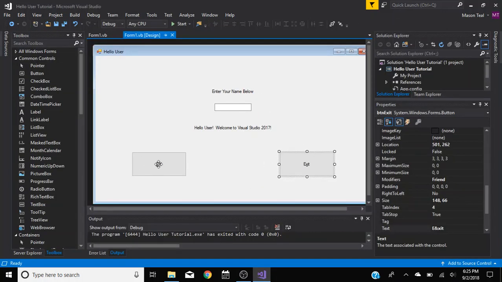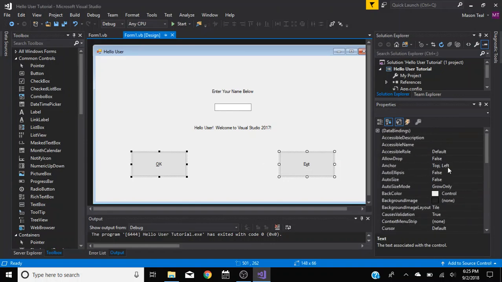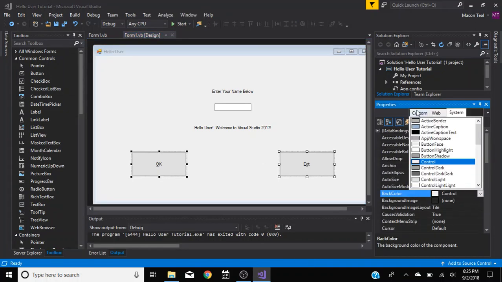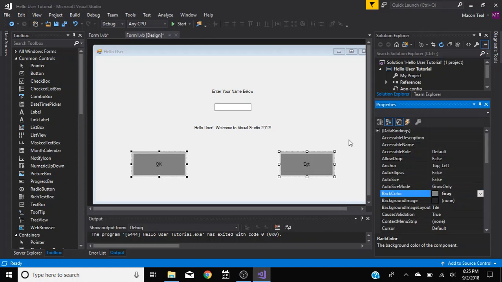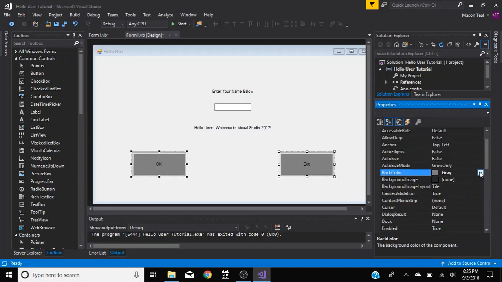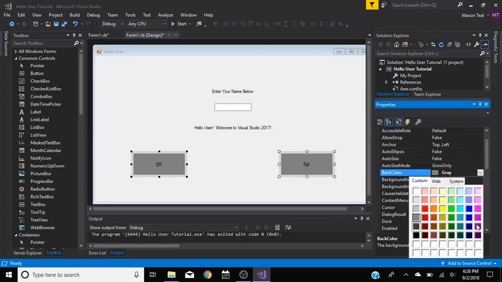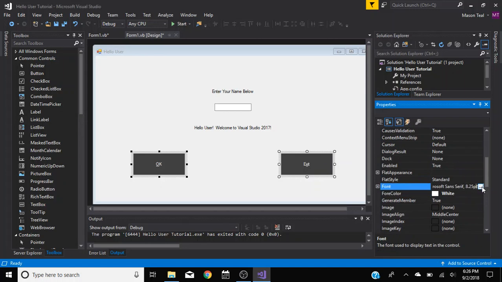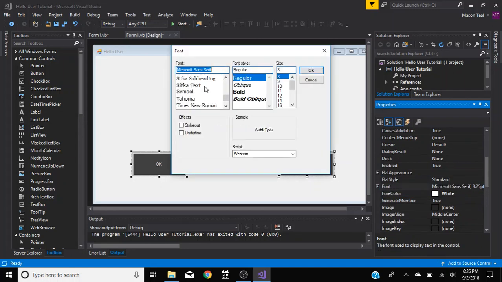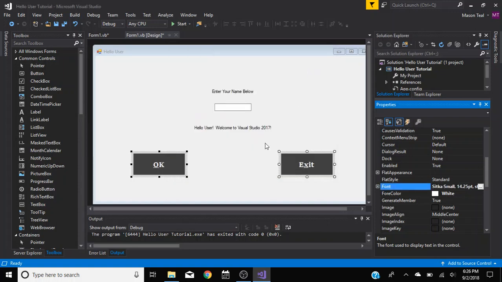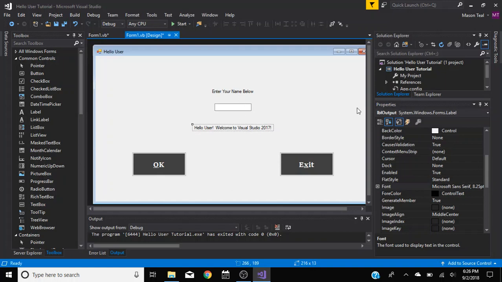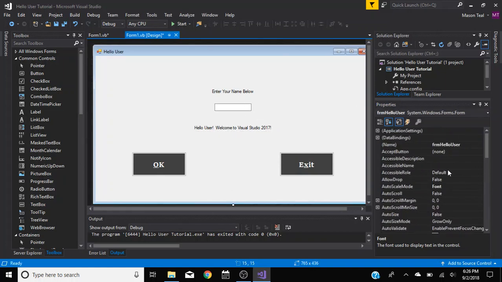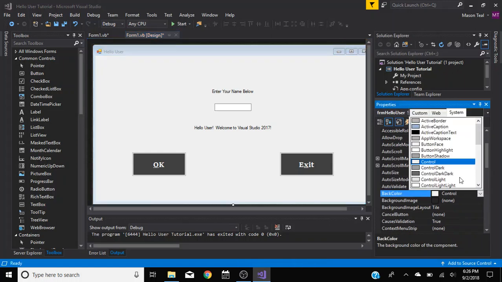You can change the background color, and you do that here. Back color, say we want it kind of like a dark gray. I want it a little darker, dark gray. We can do the fore color right here. We'll have that be white, and you can change the font. Let's have it Sitka Small, bold, and 14. There we go. And then for the form, let's have a background color of white,